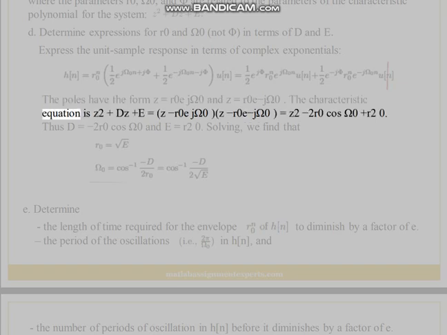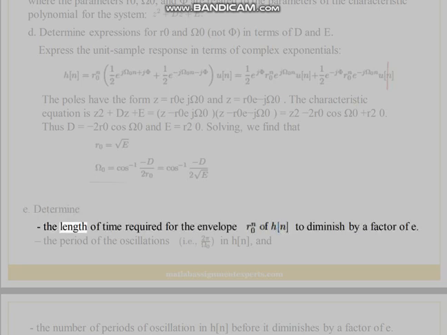The characteristic equation is z^2 + dz + e = (z - R0 e^(j omega 0))(z - R0 e^(-j omega 0)) = z^2 - 2 R0 cos(omega 0) z + R0^2. Thus d equals -2 R0 cos(omega 0) and e equals R0^2. Solving, we find that